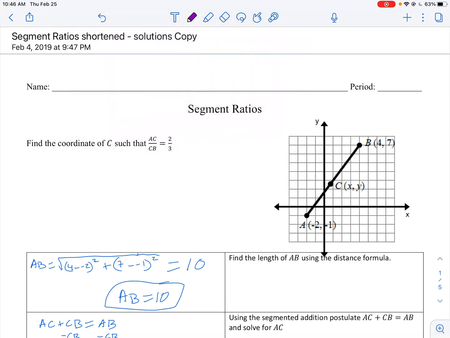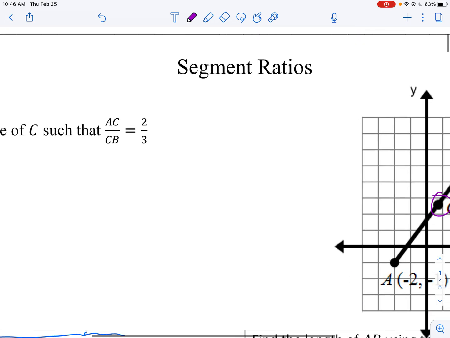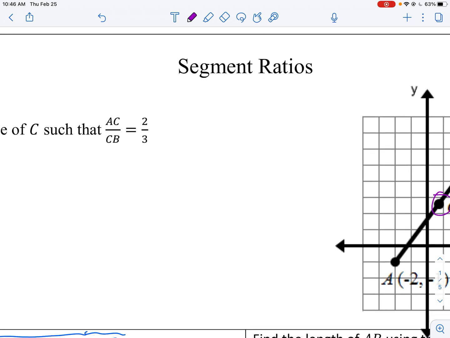All right, welcome to a lesson about the segment ratios assignment. So basically what's happening, yesterday we got midpoint, which is finding the point halfway across. Today you're supposed to find a different point, and that point is going to make some ratios. So on this starting example here, you're trying to find the point such that the ratio from A to C